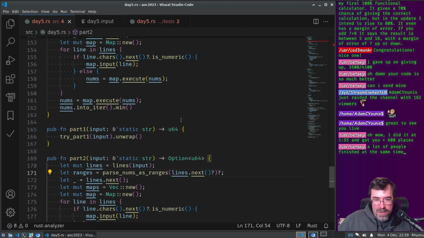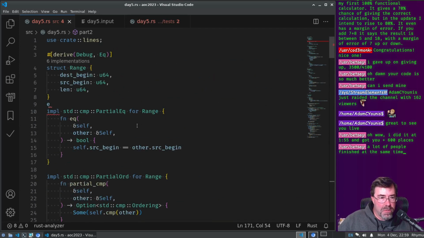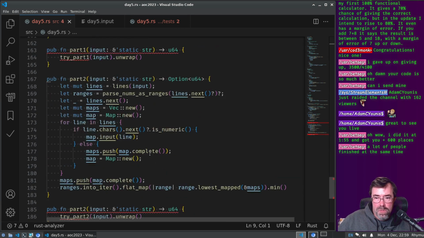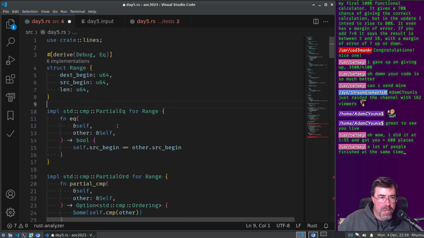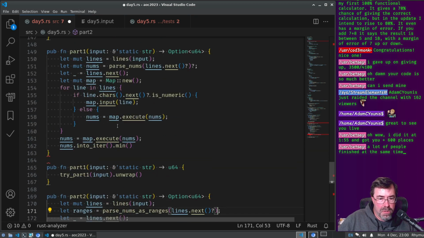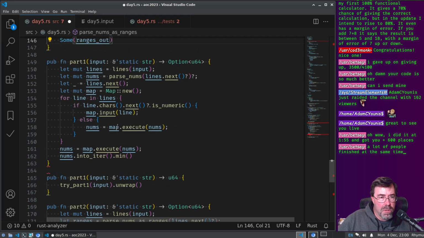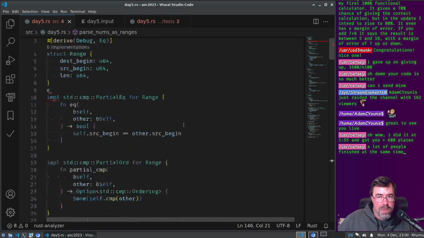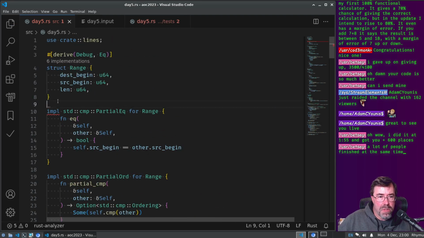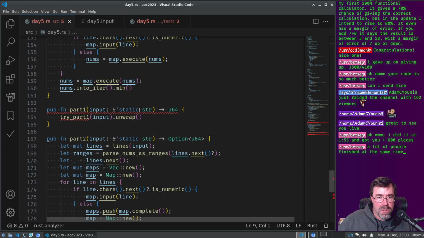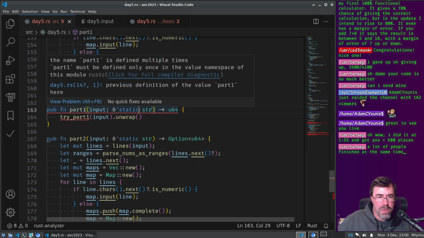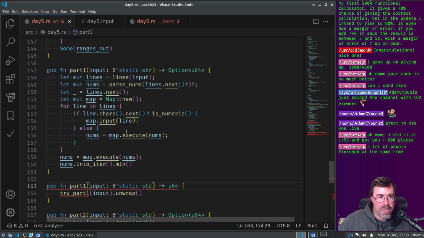So yeah, I'm just cleaning up my code now. That's a mistake. I think I must have damaged something at the beginning here. This E shouldn't be there. What's wrong here? Part 1's defined multiple times.